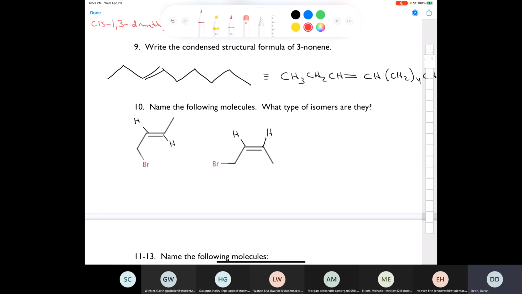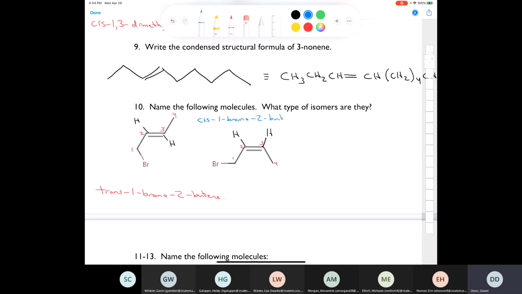If I number both of these, 1, 2, 3, 4, 1, 2, 3, 4. Again, they have the same connectivity. However, one is cis and one is trans. And so if I name the first compound, this would be trans. I've got a bromine on carbon 1, so trans 1-bromo-2-butene. And the other molecule would be cis 1-bromo-